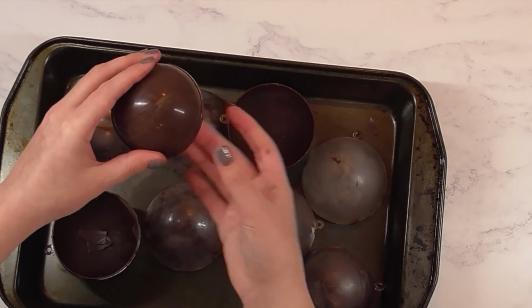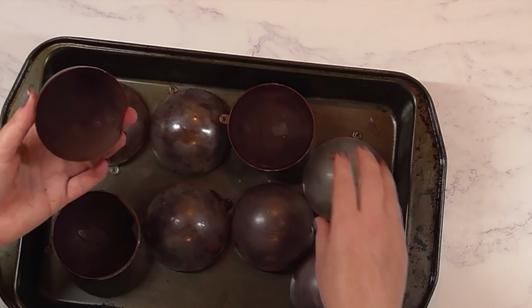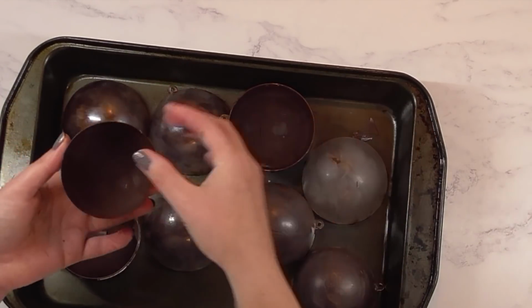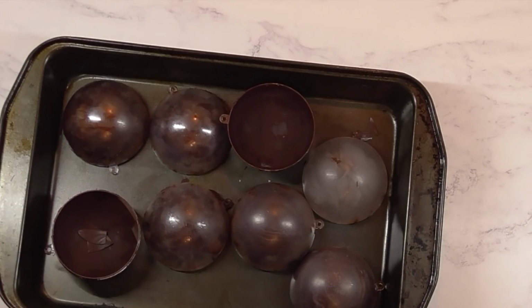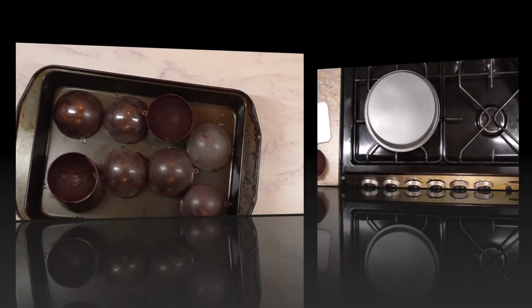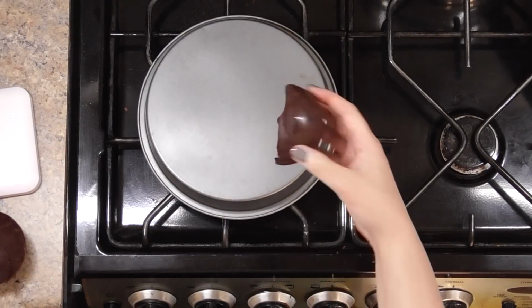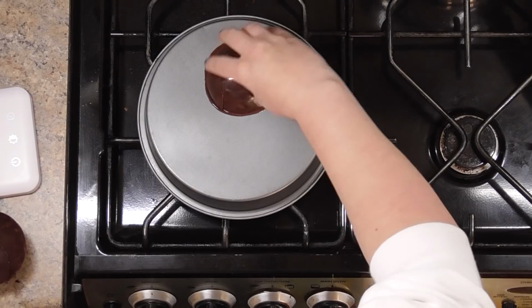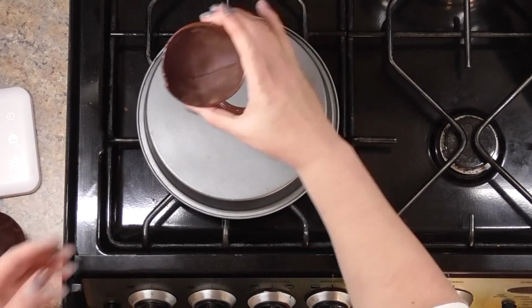So I managed to get a couple of pieces out that had broken just a little, so I remelted the chocolate a tiny bit and just salvaged them and stuck them back together. I'd gone through all this trouble. I didn't want to waste what I had. So I stuck those two halves back together as my best effort, and then